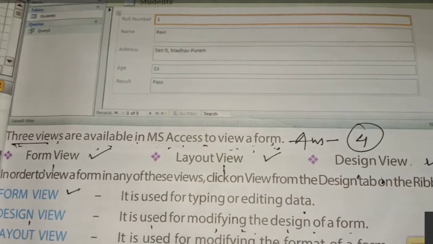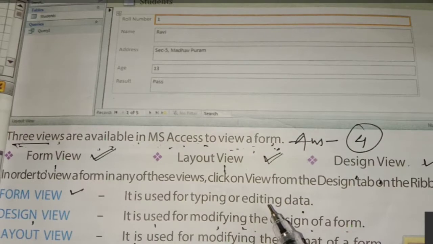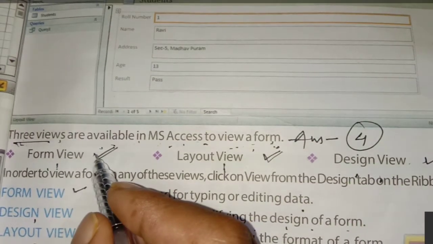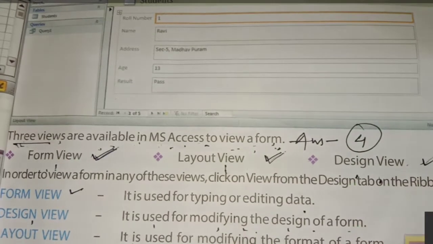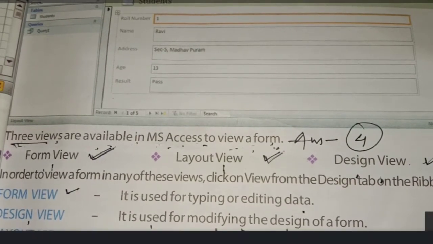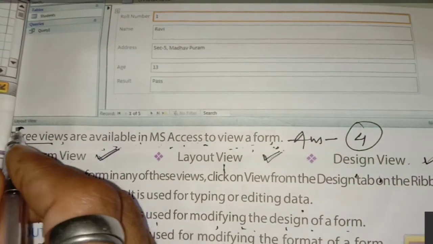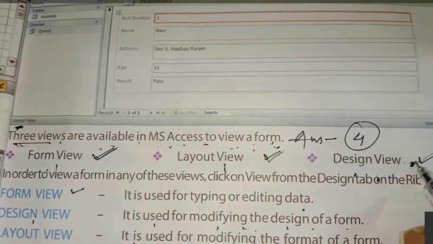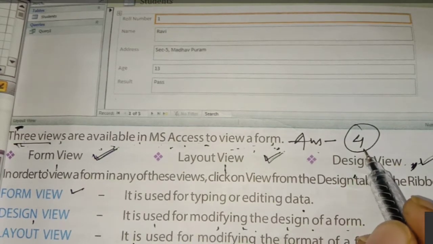And what are these 3 views? Form view, layout view, and the design view. Did you get? From form view till design view. This is answer 4. Got? Yeah, okay.